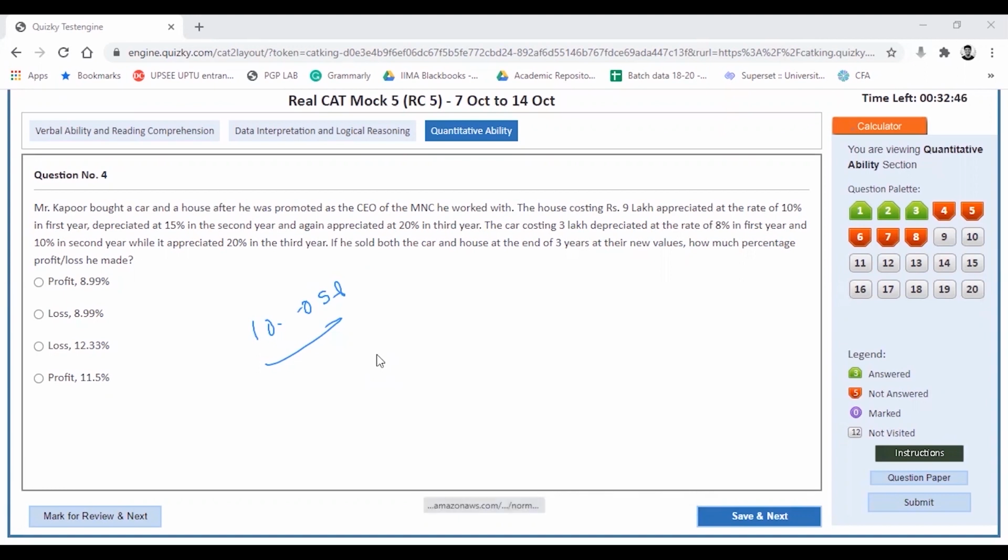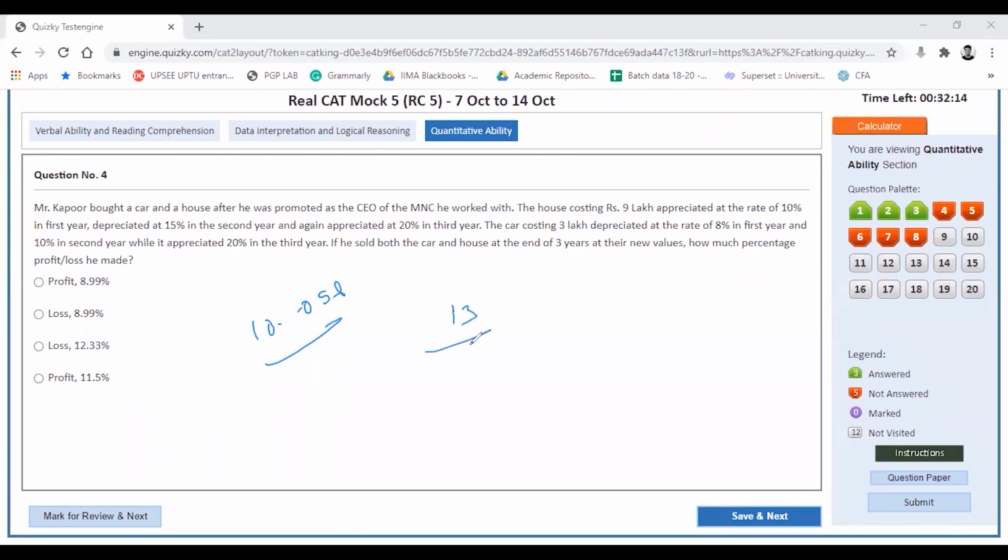0.92 times depreciation in the second year, 0.9 times 1.2. Okay, this is 0.9936. So I can clearly see that, let me anyway complete it and multiply it by 3. So this is coming to 2.980, and this was 10.098 lakhs. So nearly it is around 13 lakhs is my value.